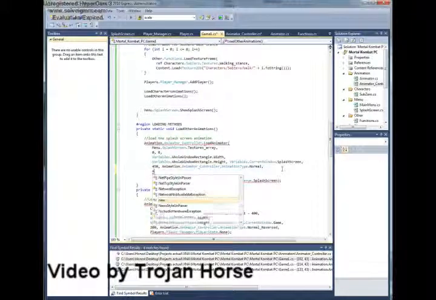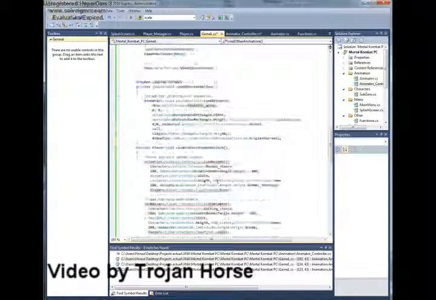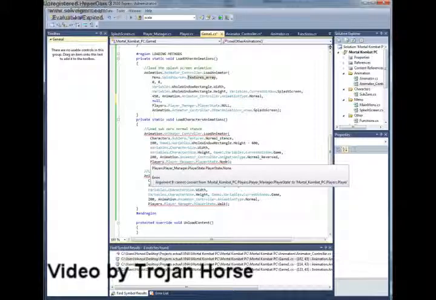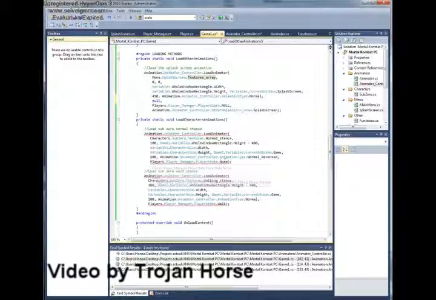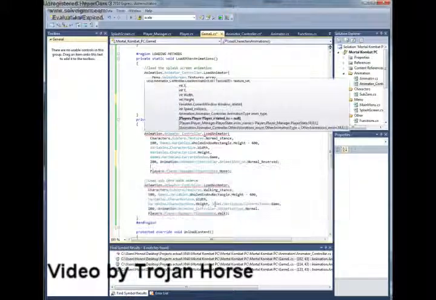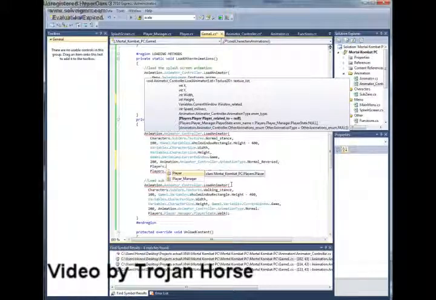So it will be null, and this will be null, if we are loading the character animations here, then it's player related to, and it will be players dot